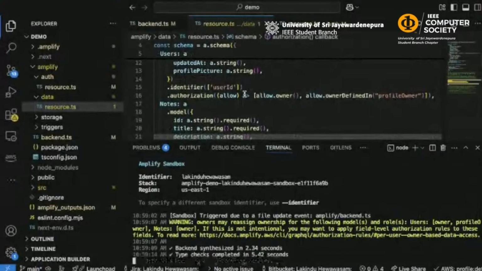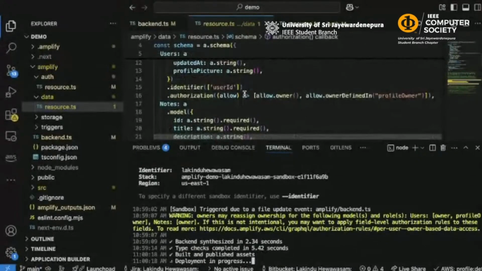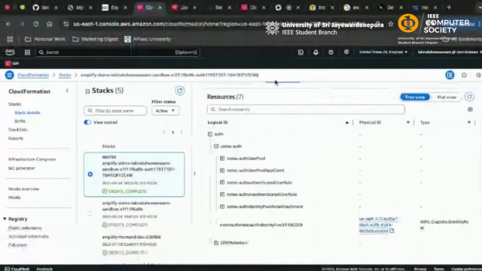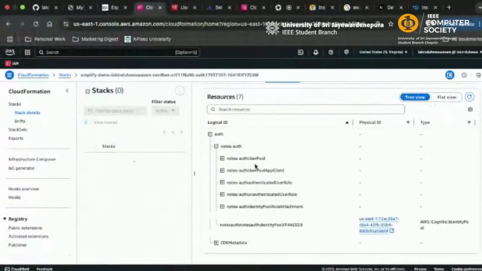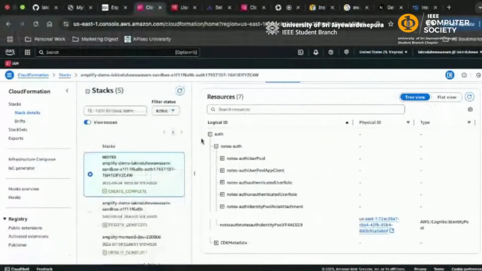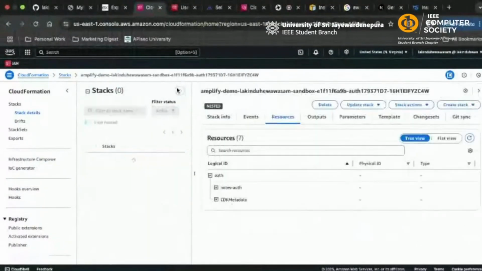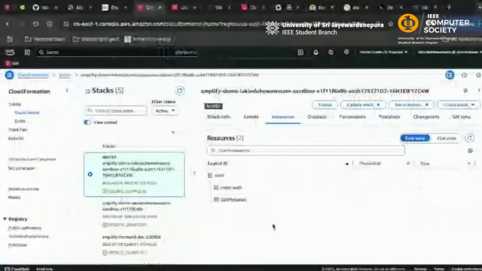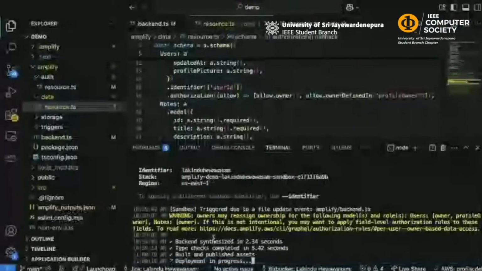Okay, so now there's a deployment going on. If we check our CloudFormation stack, we'll be able to... Okay, why is it not showing up still? Okay, it's still only going. Okay, that's all. So once it finishes, we'll be able to see our data resources being provisioned, and along